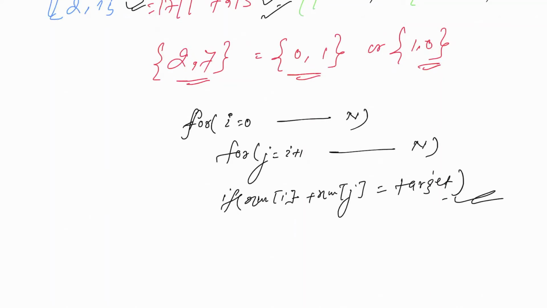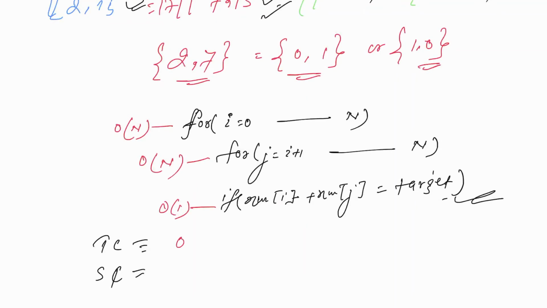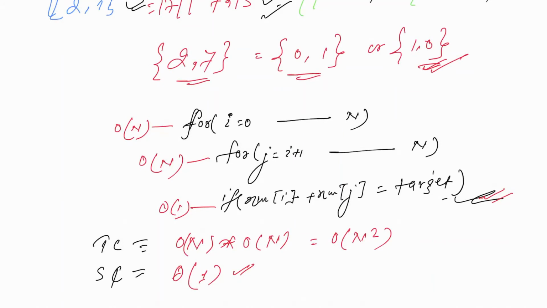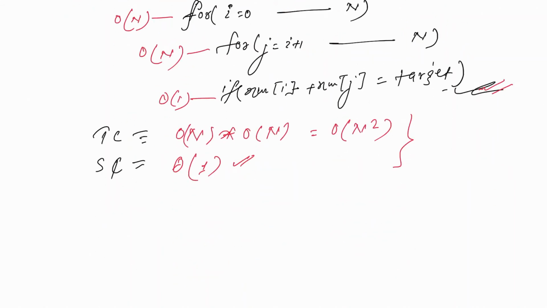If you analyze the time complexity and space complexity of this problem, we have O of n for each loop and the inner operation is constant, so n into n, which is O of n square. And we are not using any space apart from returning the result, and the result is not going to be more than size 2, because it has only a pair of indices. Okay, now let's move to solution 2.